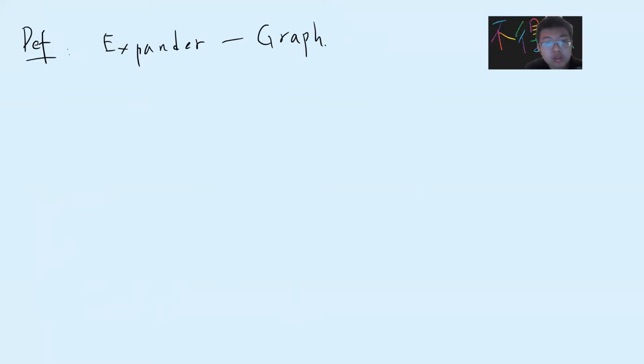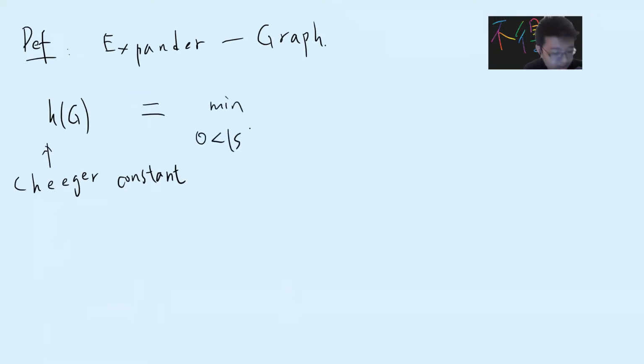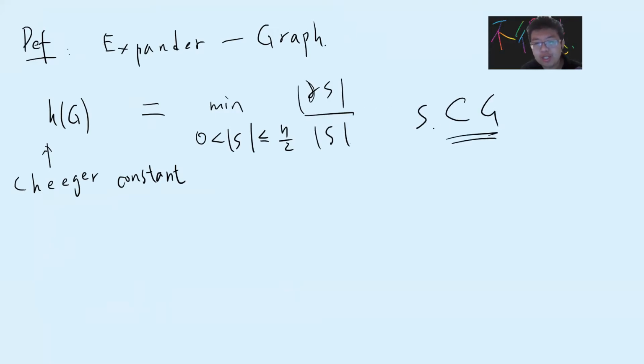First I can define h(G), called the Cheeger constant. Oh, sorry, not Higger, Cheeger constant. h(G) is defined to be the minimum over subsets S with size less than or equal to n/2 of the size of the boundary of S divided by the size of S. This means that you take a subset of the graph, and then you take out the boundary, the neighborhood, and then you divide by the size of S, and then you find this h(G). So usually the expander graph means that